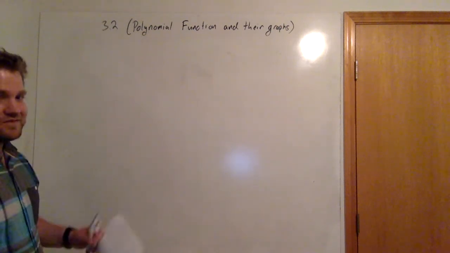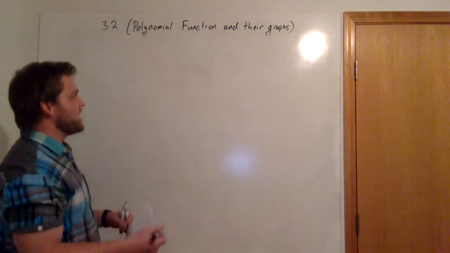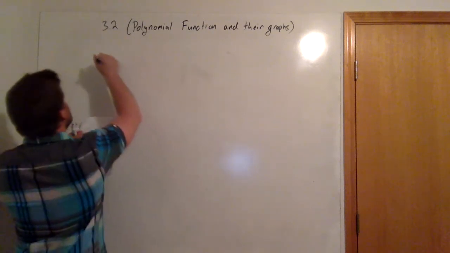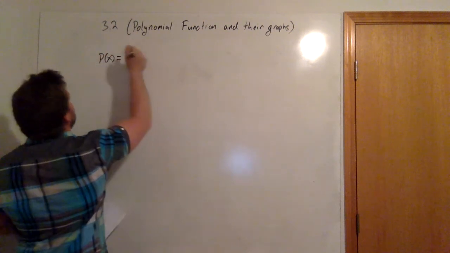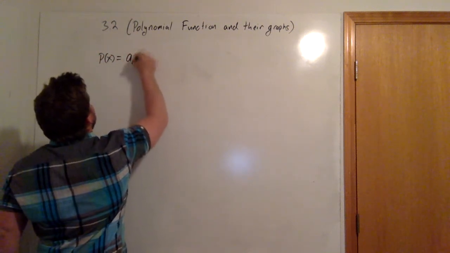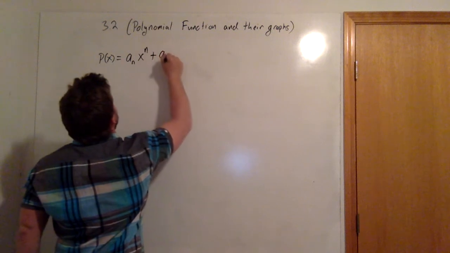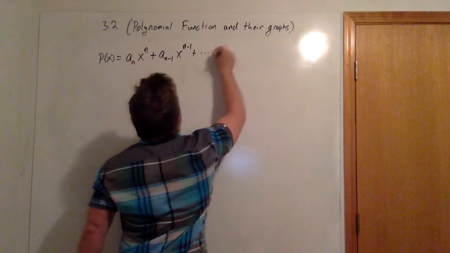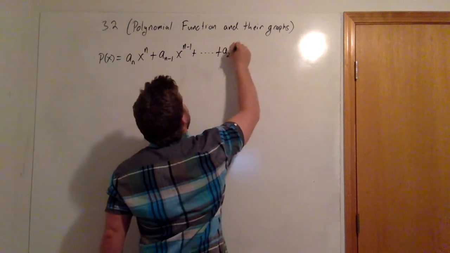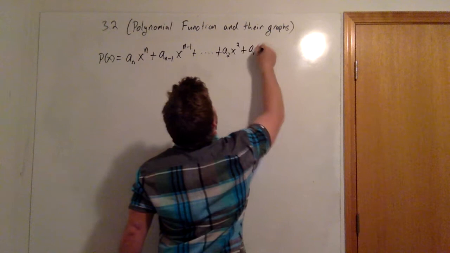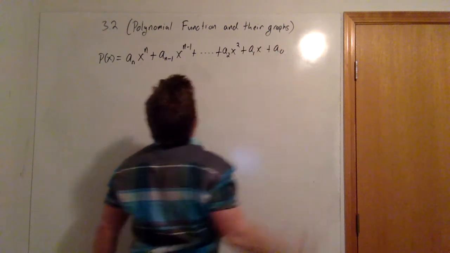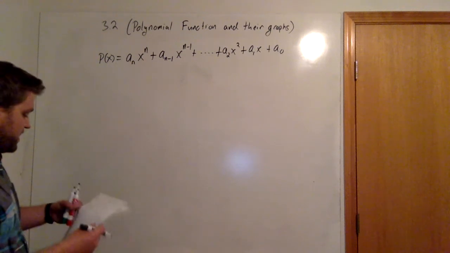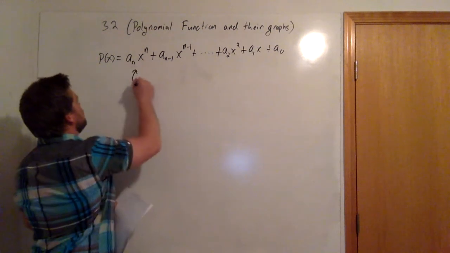Okay, so let's write some definitions. Let's get some vocab out of the way. A polynomial function is a function of the form p of x equals a sub n times x to the n plus a sub n minus 1 times x to the n minus 1, plus all the way to a sub 2 x squared plus a sub 1 x plus a sub 0. So this is a general polynomial. Okay, we call this a polynomial